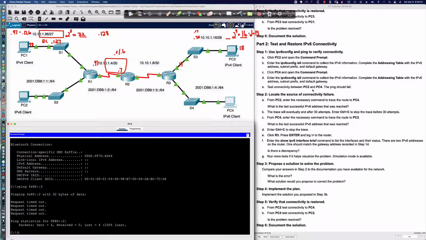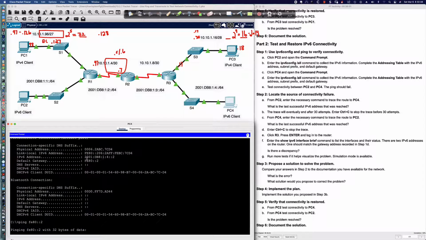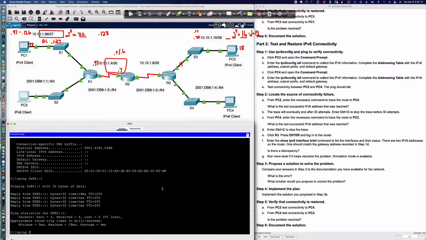So test connectivity between PC2 and PC4. The ping should fail. It most definitely will. And what is the global unicast here? So 14::2. So I would say ping